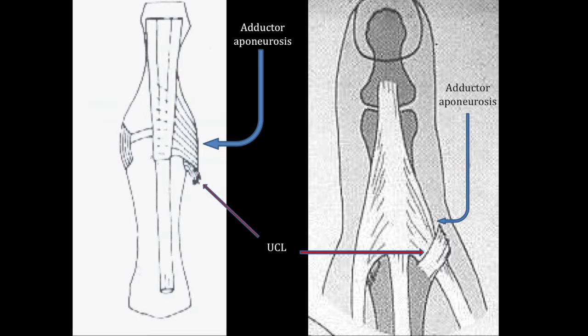And when this happens, the adductor aponeurosis prevents the distal end of the ulnar collateral ligament from reattaching to the base of the proximal phalanx where it should normally lie, and as such the ulnar collateral ligament cannot heal, and there is an instability which then becomes chronic. The chronic instability then manifests as pain at the MCP joint whenever the patient tries to hold anything between the thumb and any of the digits, as in a pincer grip, and this can obviously cause functional problems with the